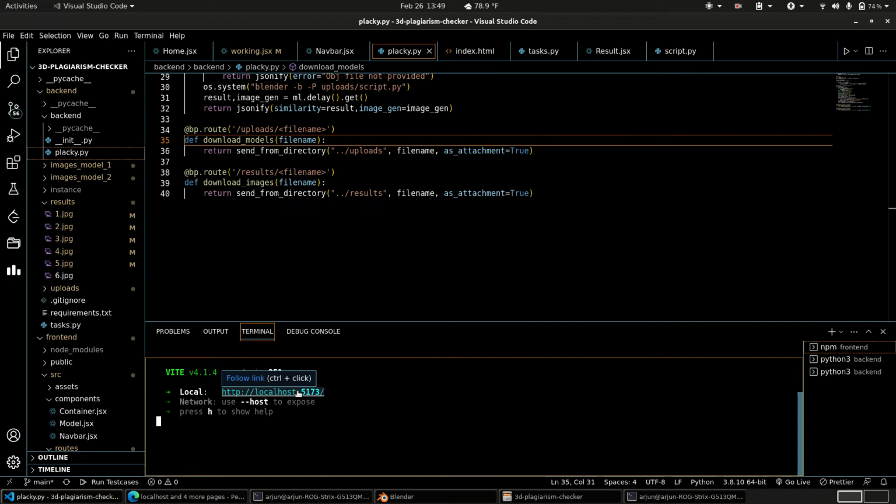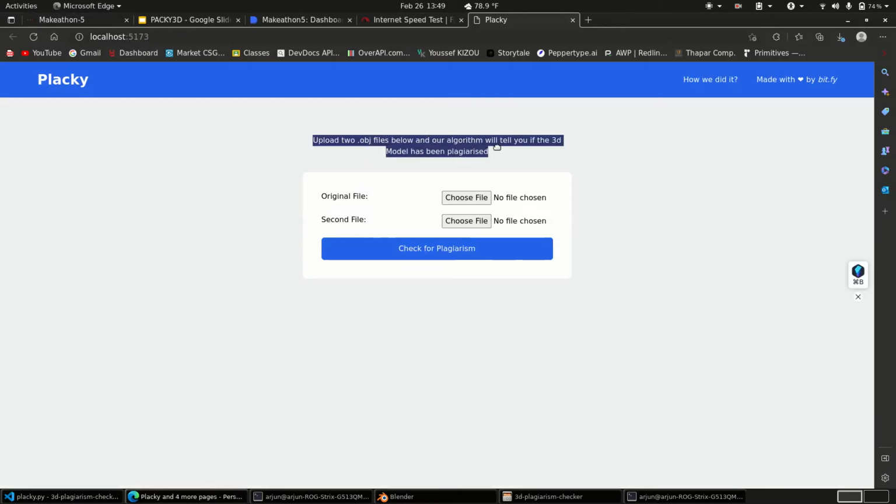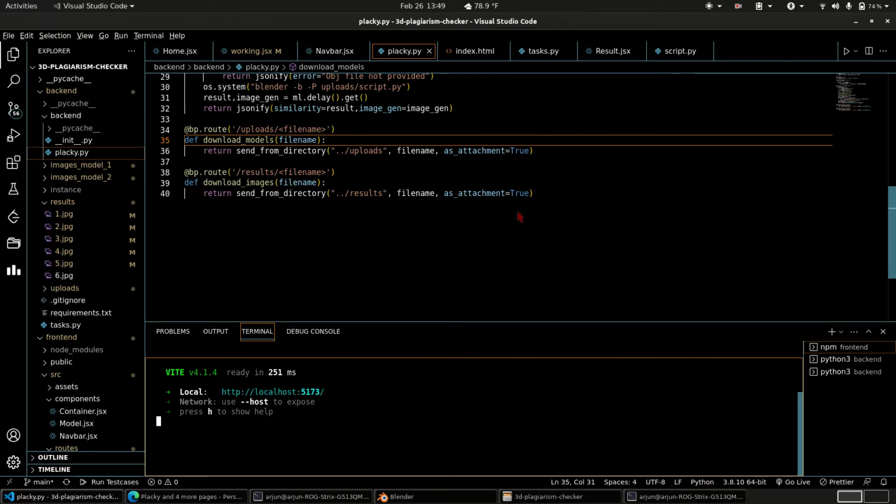Let's open localhost, and as you can see we have two input fields in which you can select your obj files and you can send them to the ML model using the Celery queue, and it will only return after the Celery queue has processed it. We have used our algorithm, we have used